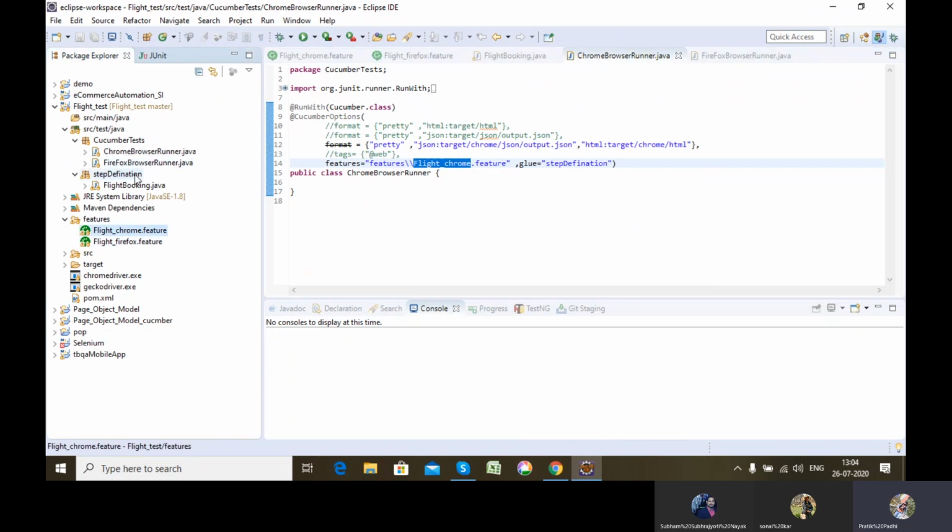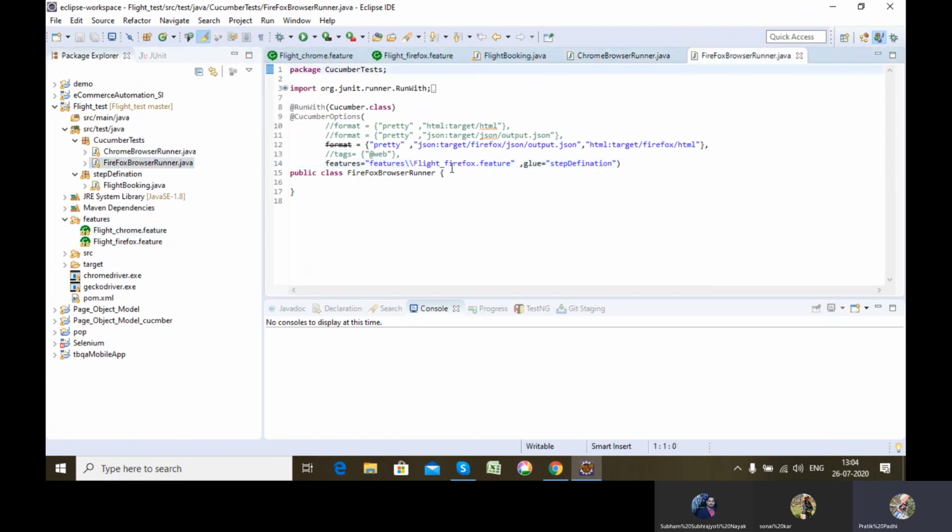And glue step definition, because in a single step definition I have defined all the lines present in these two feature files. So this will be one runner file. Then I am creating a second runner file in which I am giving the second feature file, and I'm gluing the step definition file. Here, as only a single step definition is there, I'm just giving step definition. If there were multiple step definitions and I wanted to point to a particular step definition file, then I have to use the following syntax, double slash, and give the Java file name.